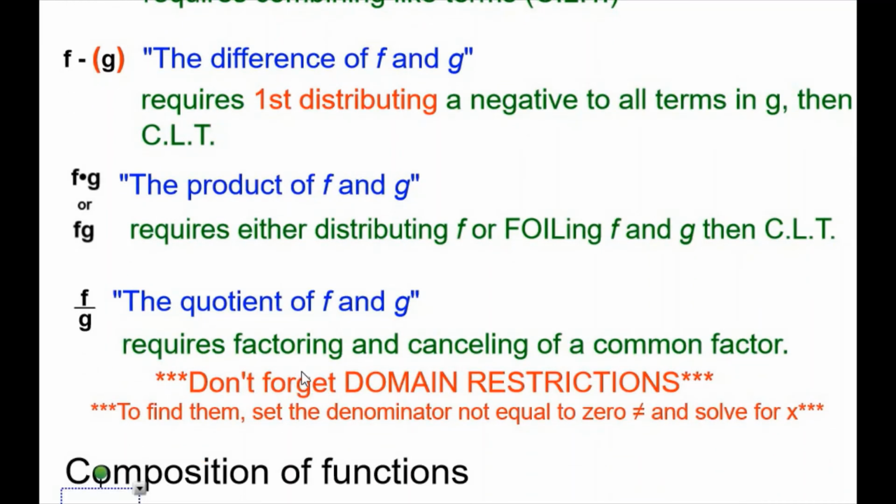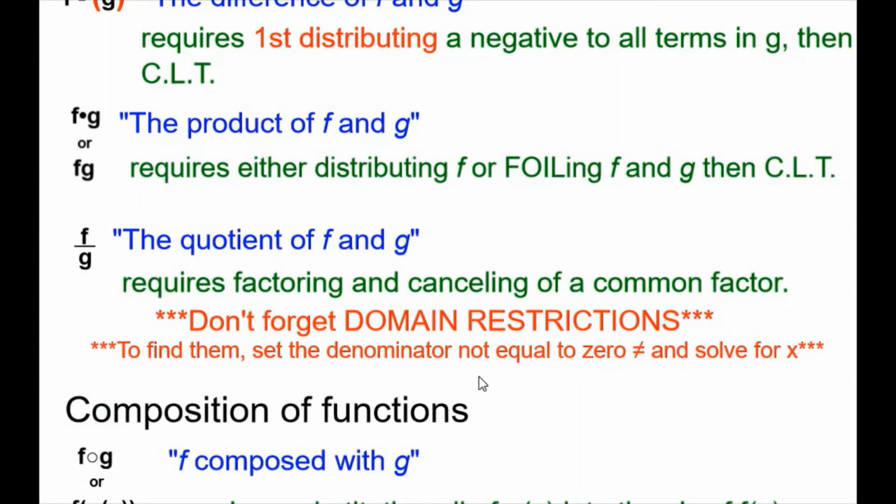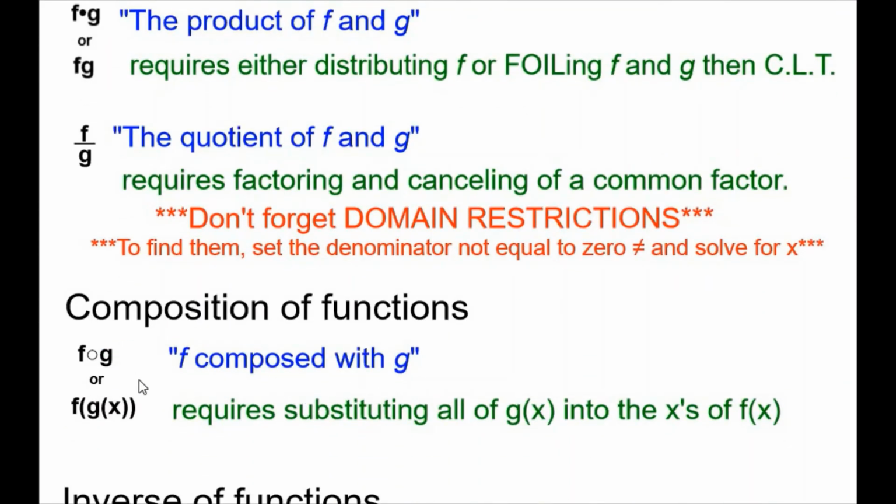Okay, so the next operation that's new to us is something called composition. And composition is new to us in terms of its name, but we've seen it before. It is read f composed with g. The other way to write it is f of g with parentheses here. That little open circle means composed. This is not read fog, this is read f of g, and this is also read f of g, or f composed with g. It requires substituting all of g of x into the x's of f,